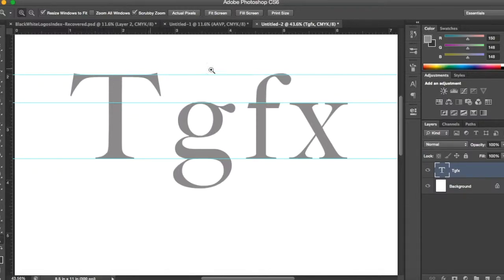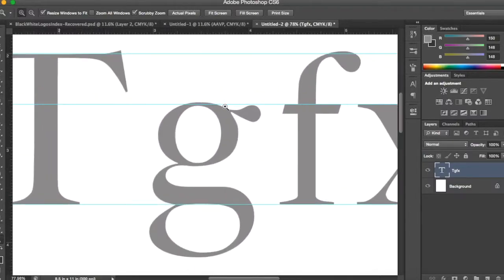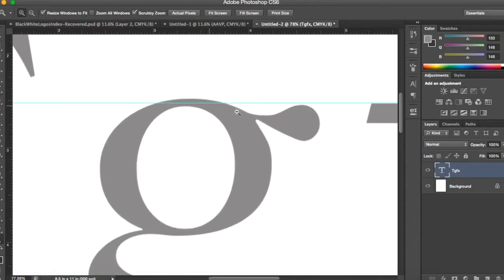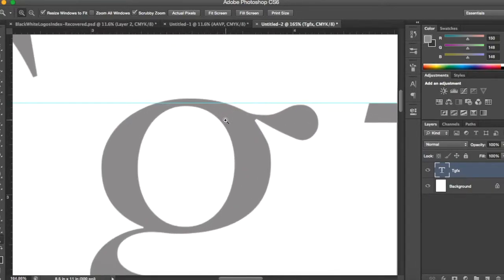As you can see here, the rounded letters like the F and the G, the rounded part actually goes above the X height. And in the case of the G, that's by design. What that's for is because rounded shapes tend to look smaller to us. And so in order to make it look like the G goes up as high as the other lowercase letters, they actually make the top go a little bit higher than the X height. Okay,